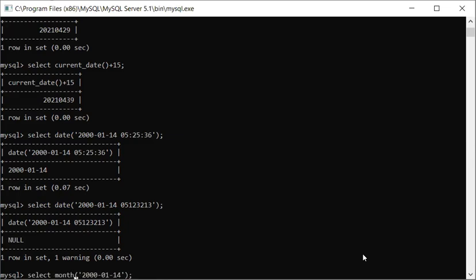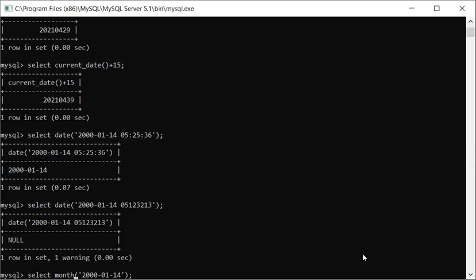So see, right now you will not understand what is the purpose of this, but think like this: I have one database, I have one table in which one column is there, suppose date of manufacturing, date of joining, date of purchasing, something like that. I have those columns and now I want to get the details month wise. In that particular case, I need to fetch the month from that particular date. So we need all these functions a lot when we are actually working in this.